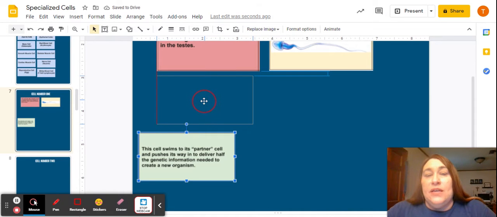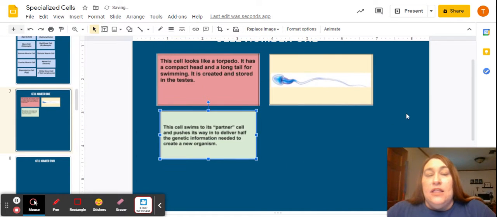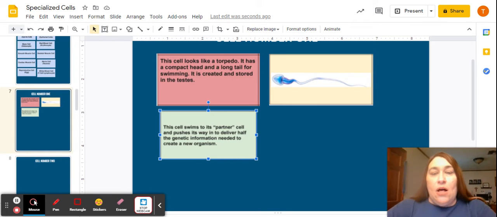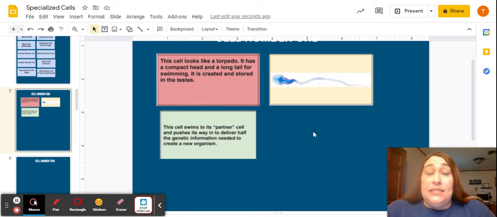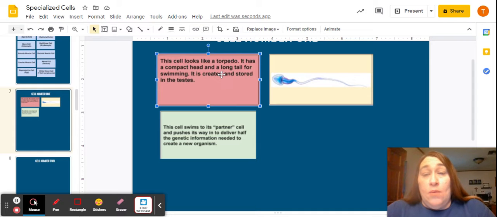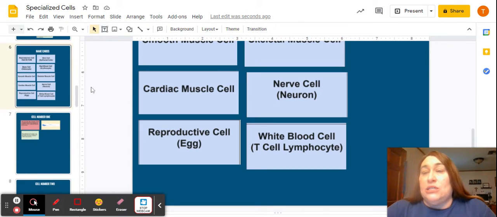Let's see if this works. This cell swims to its partner cell and pushes its way in to deliver half of the genetic information needed to create a new organism. Seems right to me. So I have the form, I have the function, and I have the picture. All that's left is to figure out what the name of this specialized cell